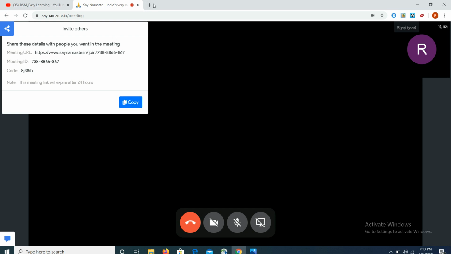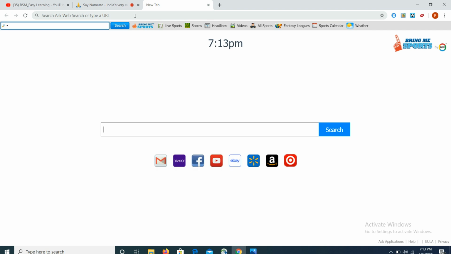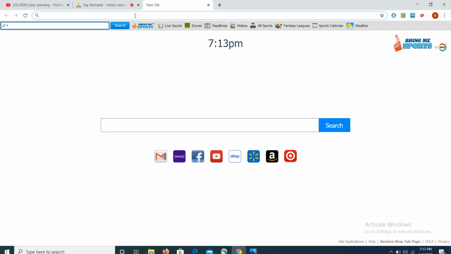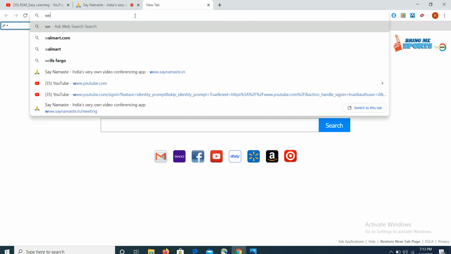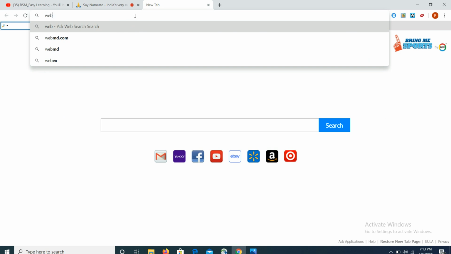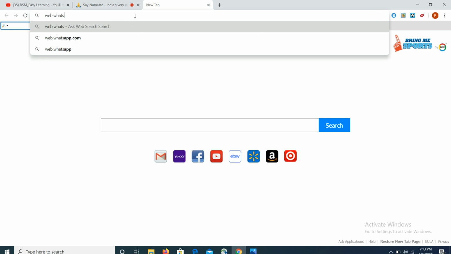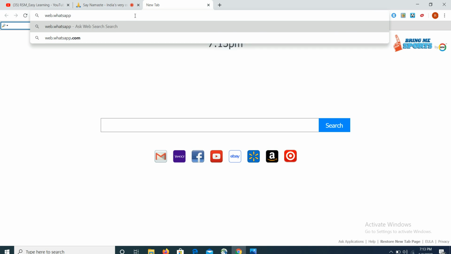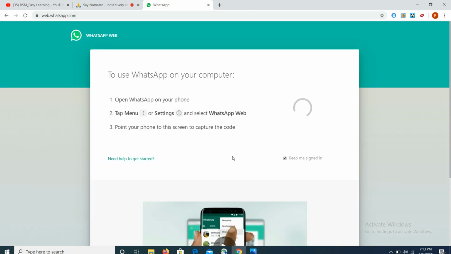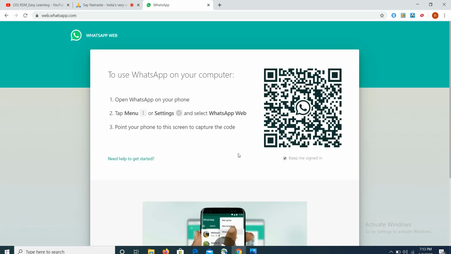For that purpose, we have to open a new tab and write here web.whatsapp.com. To log in, we have to scan this barcode through our mobile WhatsApp application.